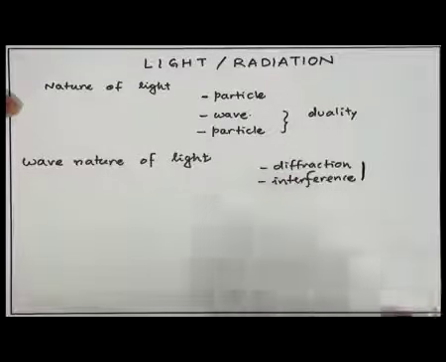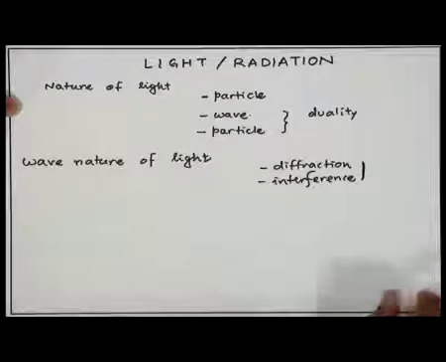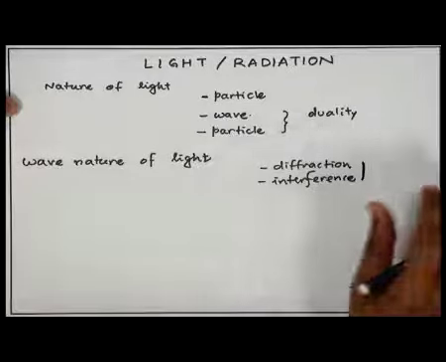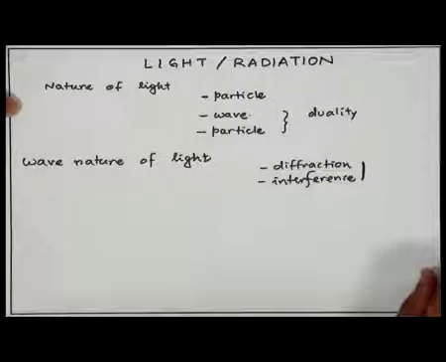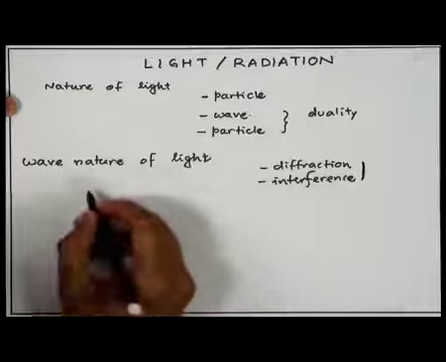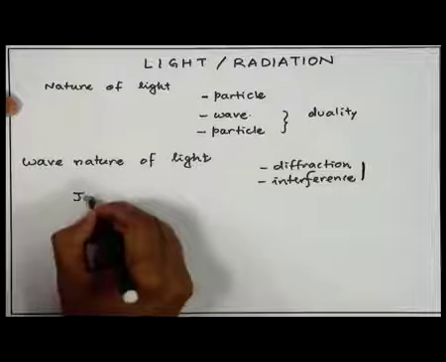So, therefore, light was believed to be a wave. In fact, for some time light was believed to be a transverse wave because its properties matched with many other transverse waves. But afterwards, James Maxwell